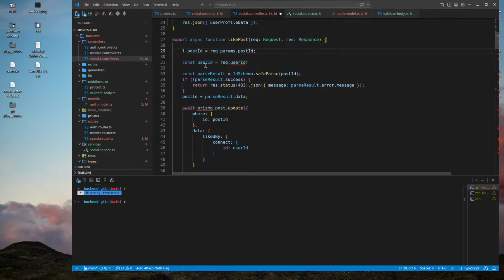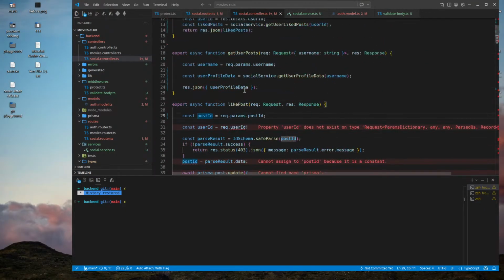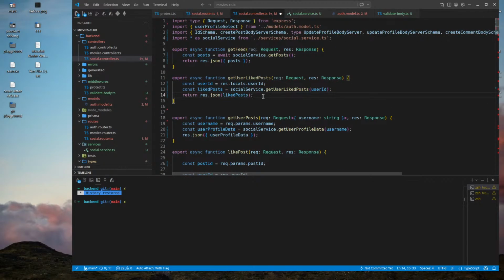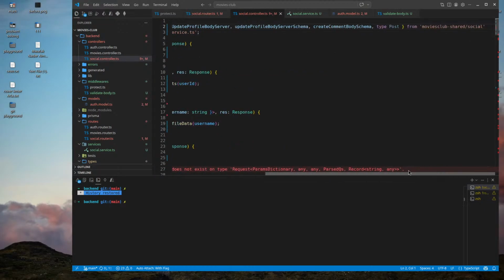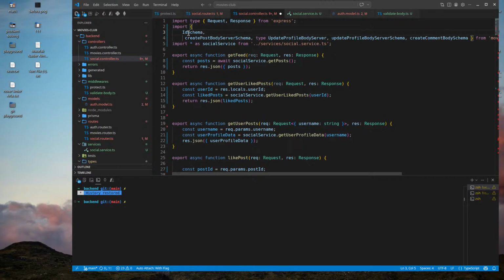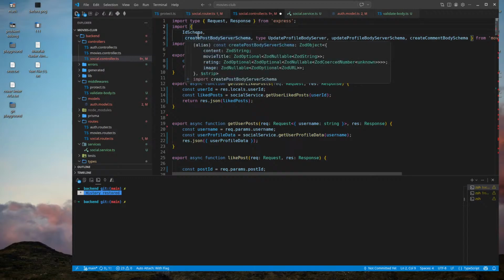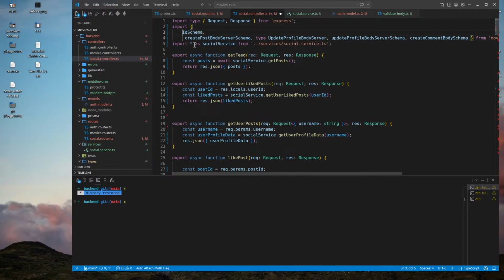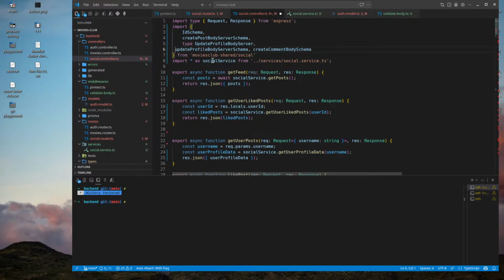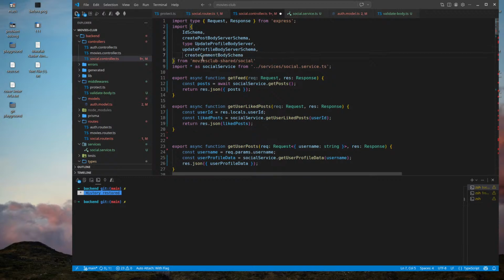Actually, we should also have some space ID. So this is correct. Do this maybe.